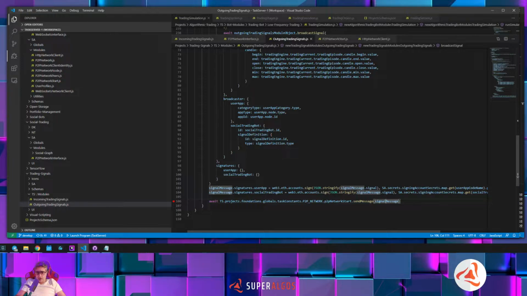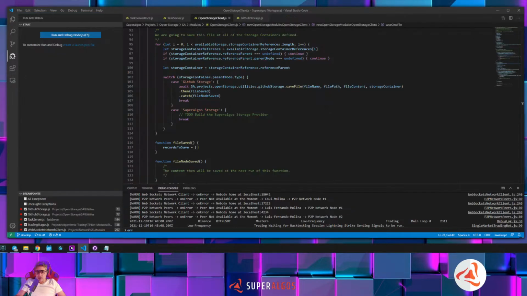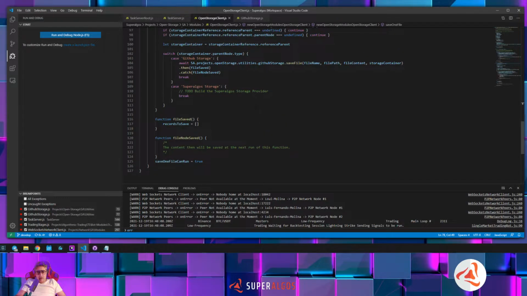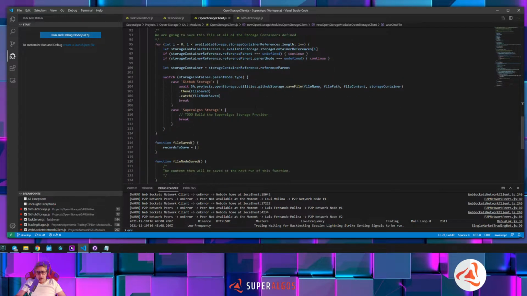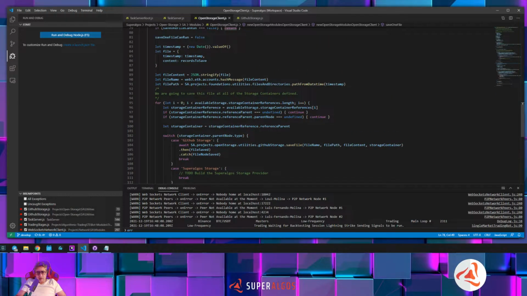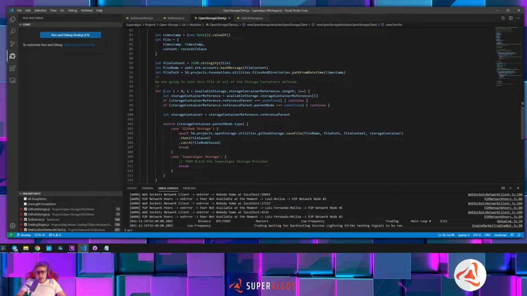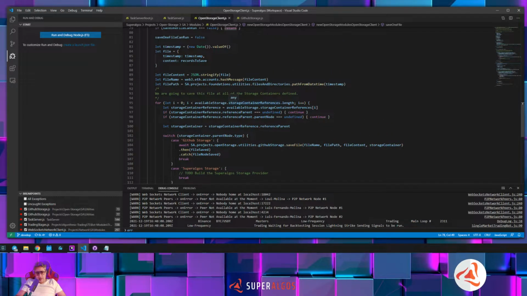We know there is a missing module, and we know that the storage needs to handle the responses. Okay, so we will prepare this open storage client. This episode we will prepare this so that to implement the mechanism